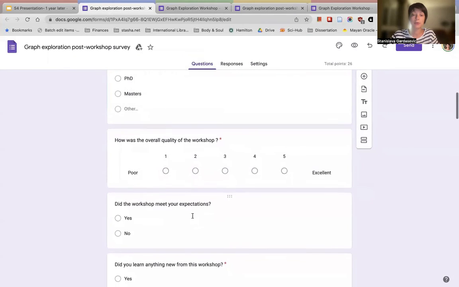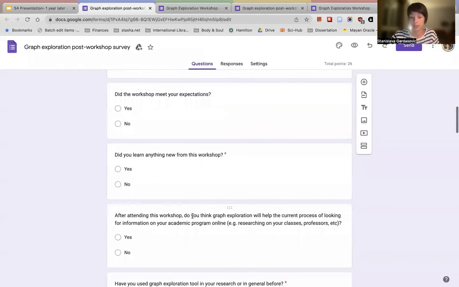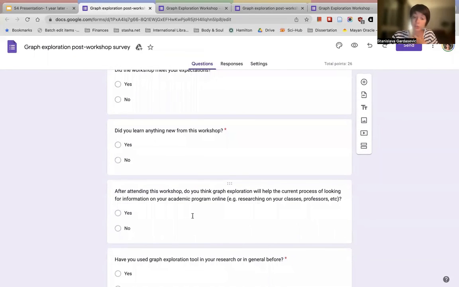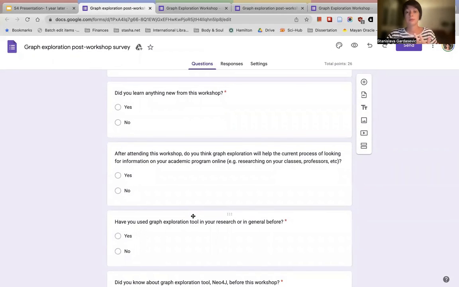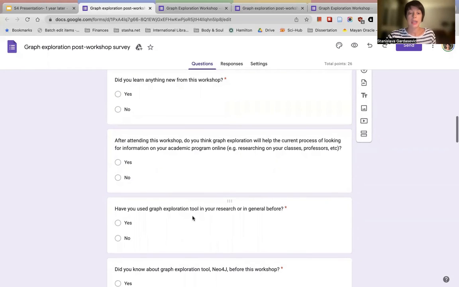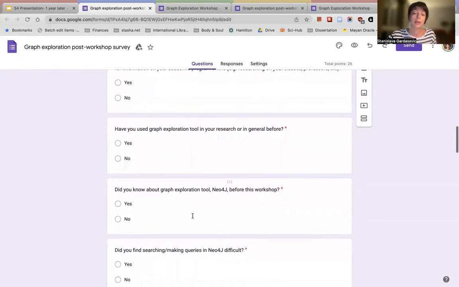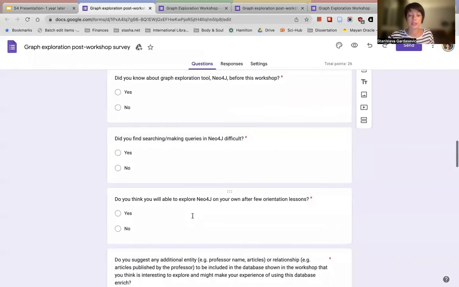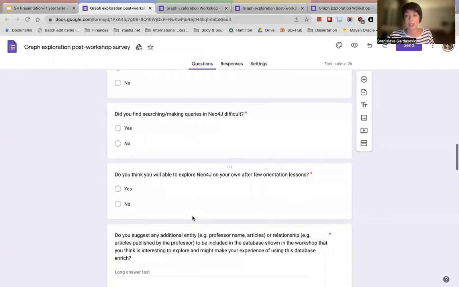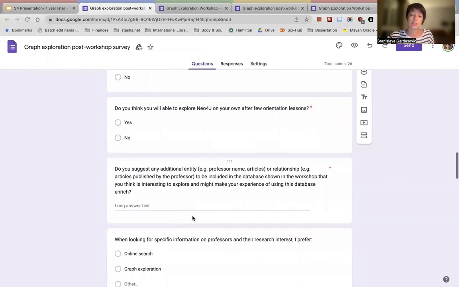Again, some of the questions are the same, to rate the quality of the workshop and to see if they learned something new from it, to see if they think this could be helpful for their process of looking for information in academic programs in general, and if they have used some graph exploration tool before, but also if they found it easy or hard to search with Neo4j, and whether they think they could use it independently later, and if they have some suggestions on what could be fixed in the database itself,